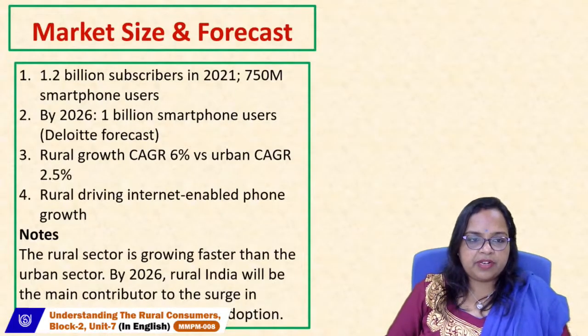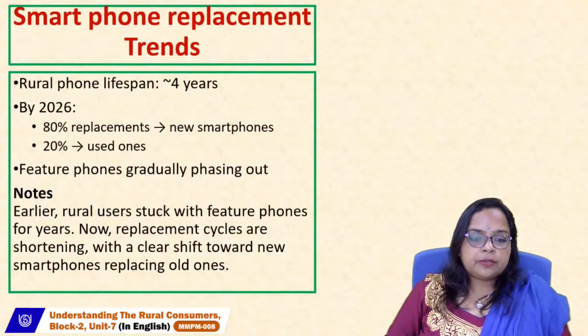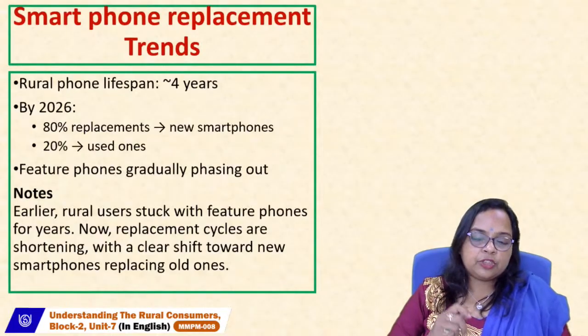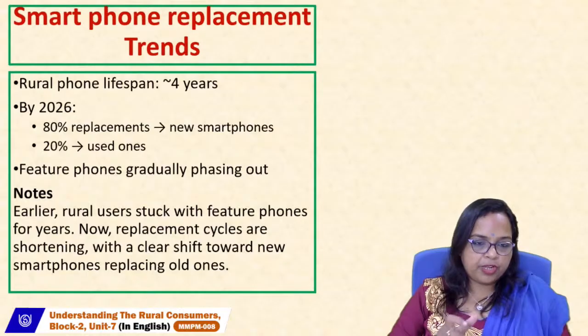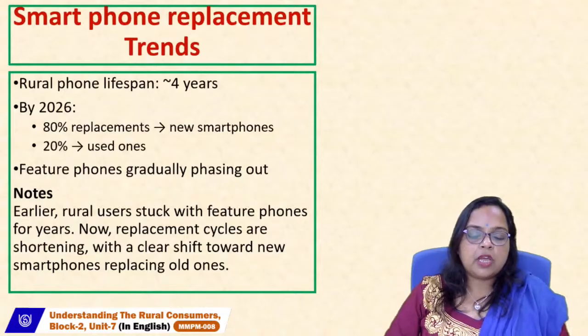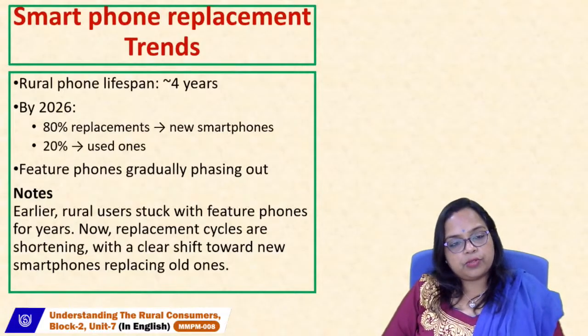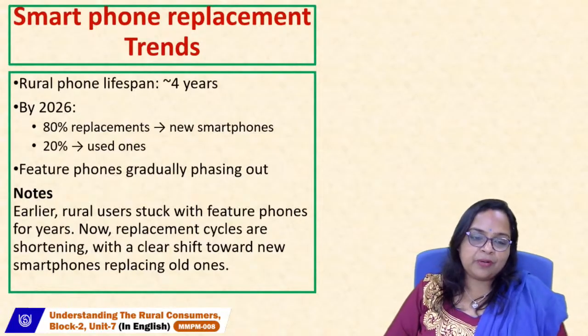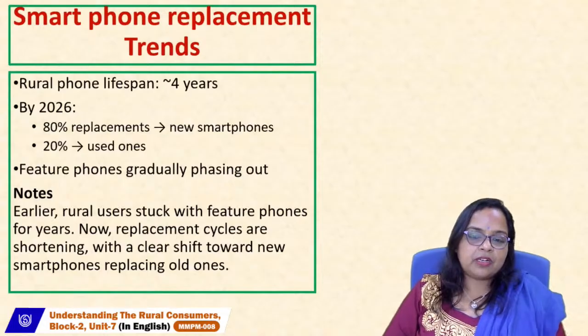smartphone replacement trends. Earlier, rural users stuck with their feature phones for years. That is a phone where they used to press the buttons to call someone, and it was only for incoming and outgoing calls. Now, replacement cycles are shortening with a clear shift towards new smartphones while replacing their old ones. This is a trend that everybody knows,